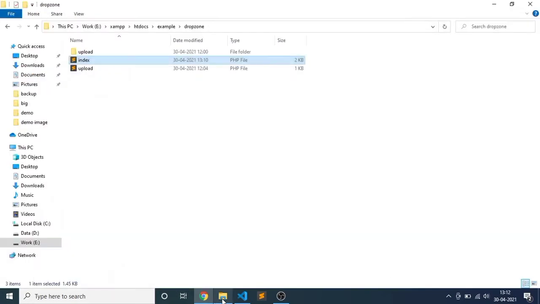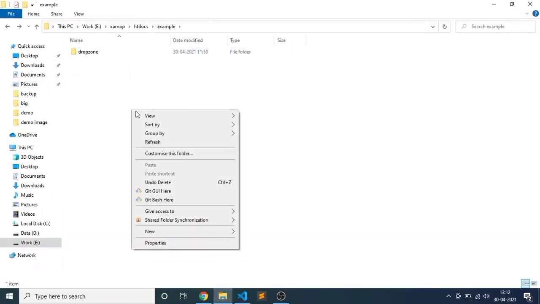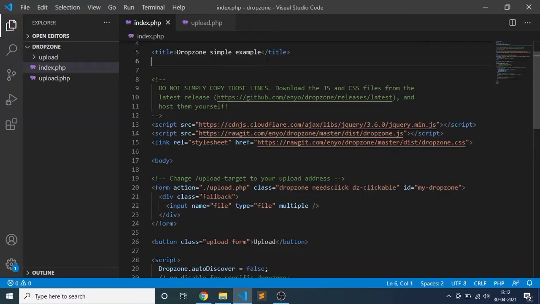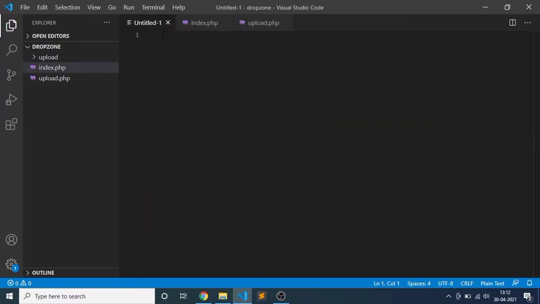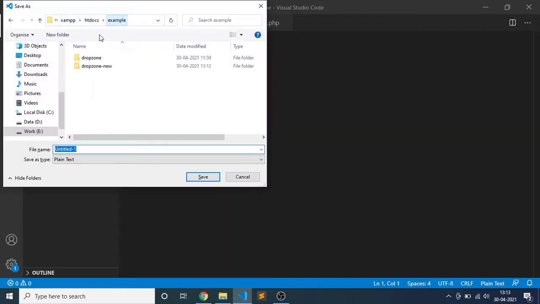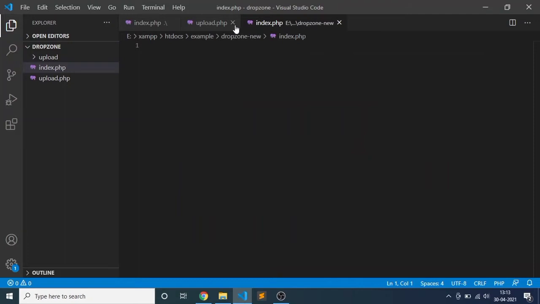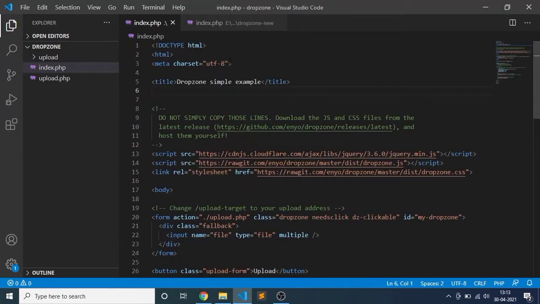Okay, so we are creating one new folder, Dropzone new. Here we are creating a new file, save as sample, and this is my already implemented file.